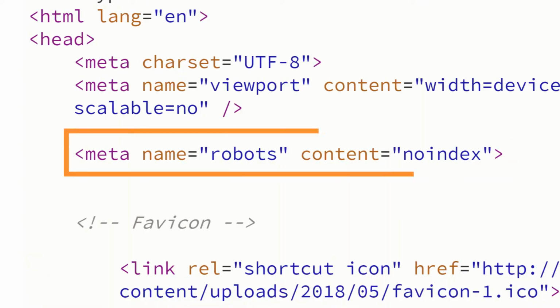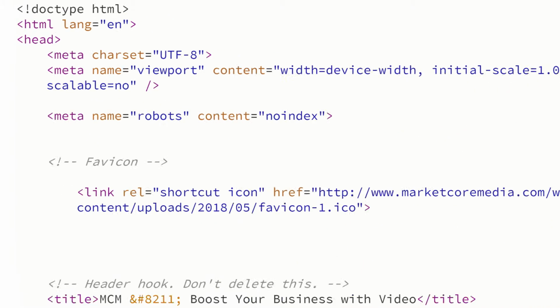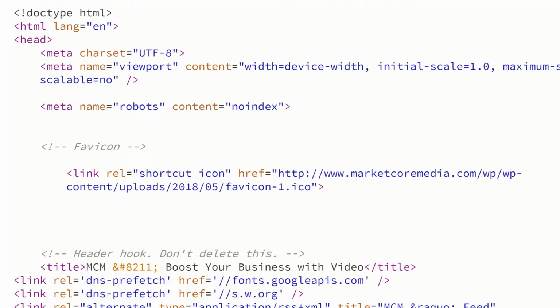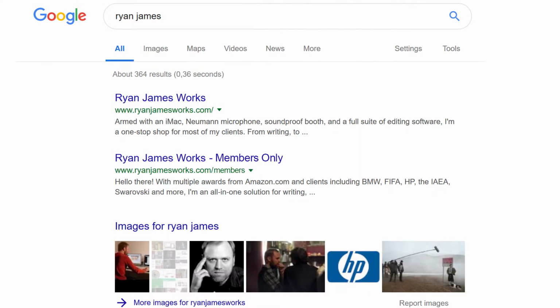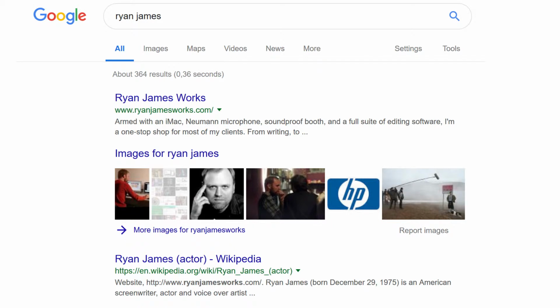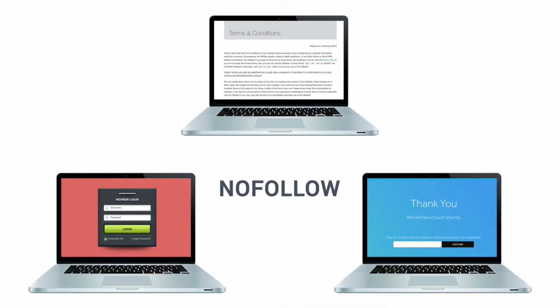With the noindex meta tag applied in the head section of a page's HTML, here you're telling the search engines not to index or crawl that particular page and to have it not show up in search results. Now there are quite a few uses for this, but often enough this is applied to a thank you page or similar pages that aren't contributing positively to your overall SEO efforts, or to pages that you don't want users accidentally stumbling across when searching for something.